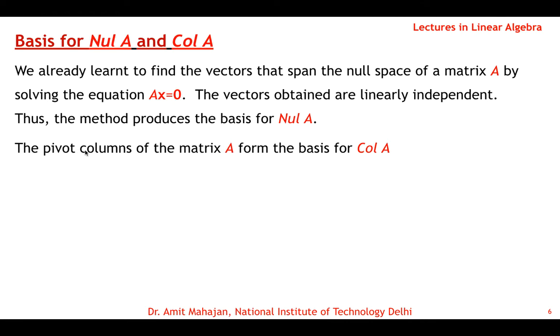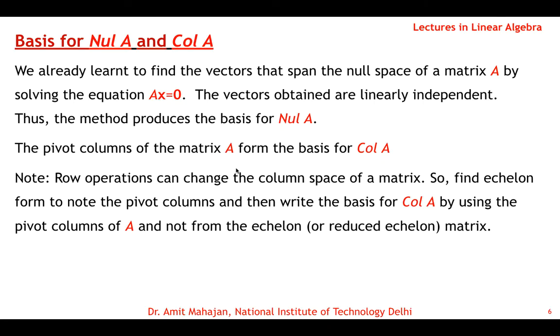But for finding pivot columns, we usually reduce it to an equivalent form and see what the pivot positions are. So you can reduce to an equivalent form, find the pivot positions, but then you have to return to the original matrix to write the basis. We cannot write the basis from the equivalent matrix, because that may not be spanning the column space.